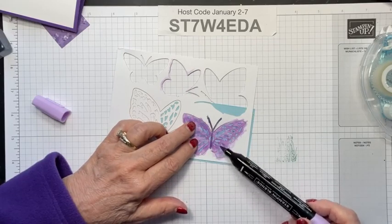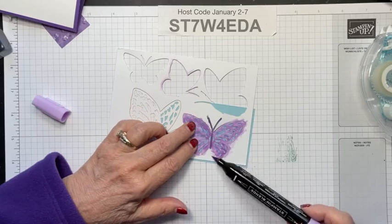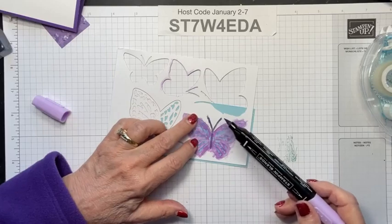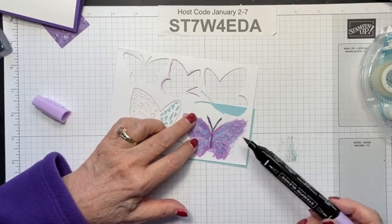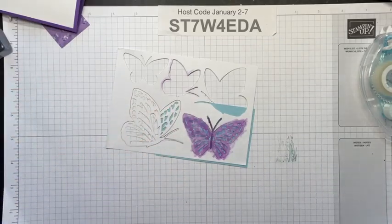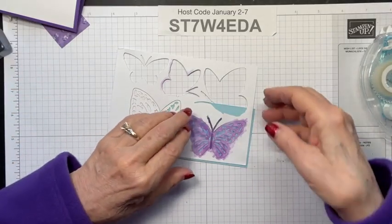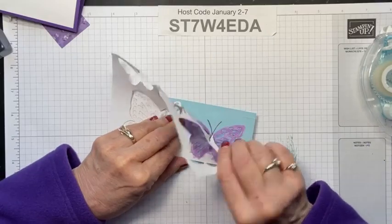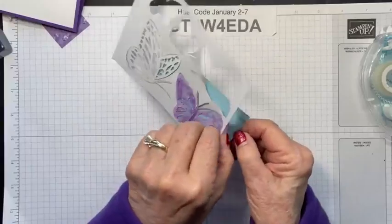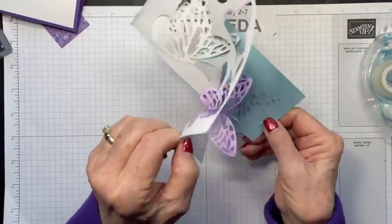But it does help quite a lot to hold it in place, to put it on a piece of cardstock like I did, and then just color around the frame. Okay, makes sense? All right, this is very, very splotchy, but you get the idea of it. I just want to make sure I have, oh, I do have my antenna. And I did secure this, so I put a little bit of adhesive on the back of this,